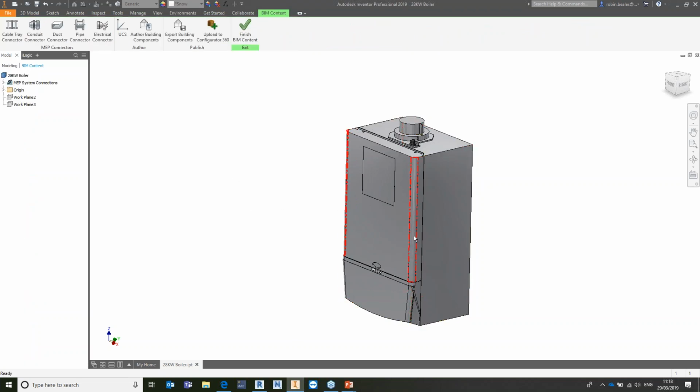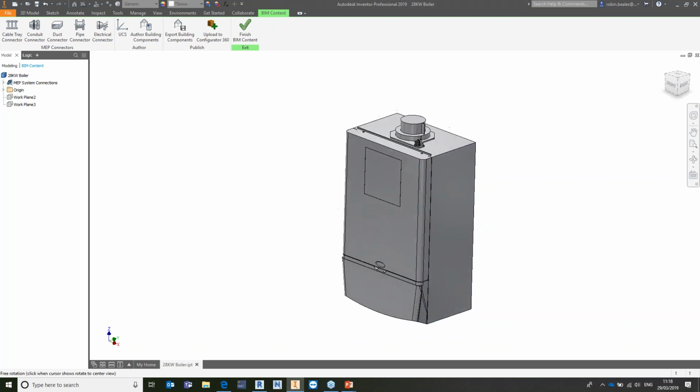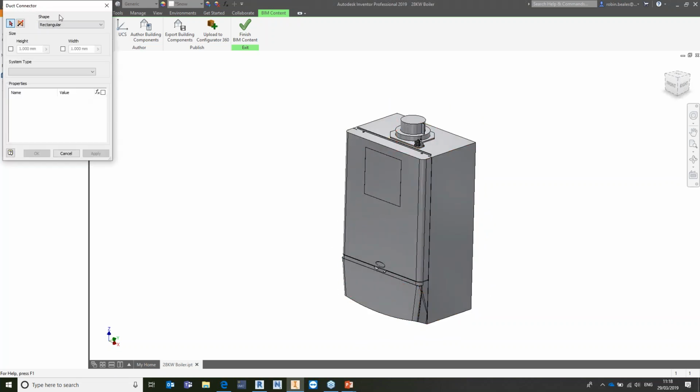Now this is a boiler, so it's got a number of different connection points around here. So I can say, well, I've got a duct connector, and that duct connector is going to be circular, and I want that to be linking to an exhaust air. I can then go and click the diameter of this at the top, control how big I want that to be specifically. So I don't know how big this is modeled because I've literally just downloaded it from GrabCAD, but let's imagine this is 150 millimeters or something like that. Let's grab that diameter, make sure I put mm on the end,